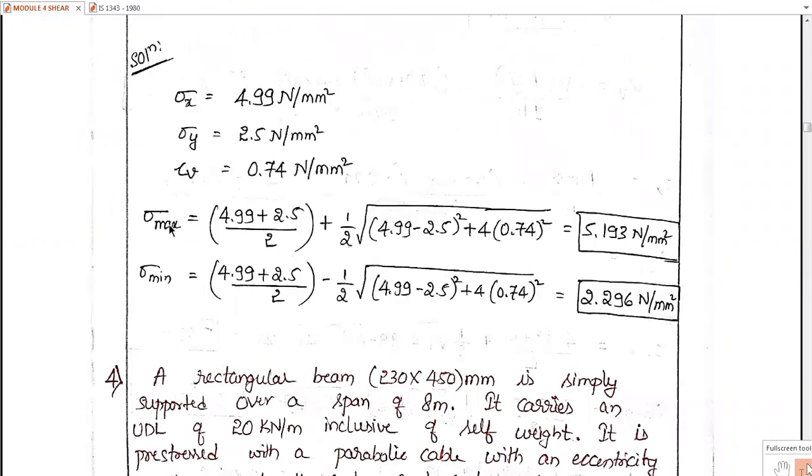Now, on evaluation, we calculate sigma maximum, that is major principal stress, as 5.193 Newton per mm square and minimum principal stress or principal tension as 2.296 Newton per mm square. This is a positive value, but one thing you have to observe here. That negative value is converted into positive value by doing the vertical pre-stressing also. It is the theory behind this problem. This is about the first three problems. In the exam, all these three problems may be clubbed into one problem and asked in the exam.